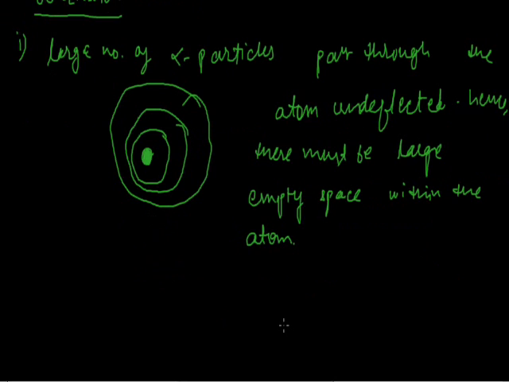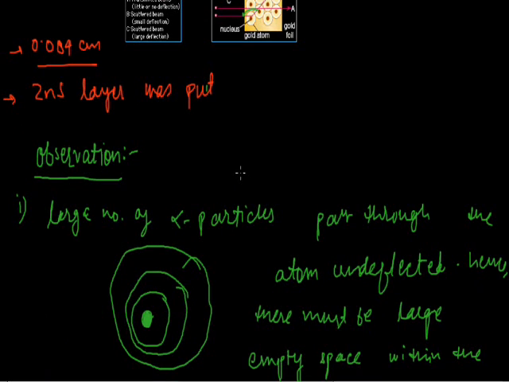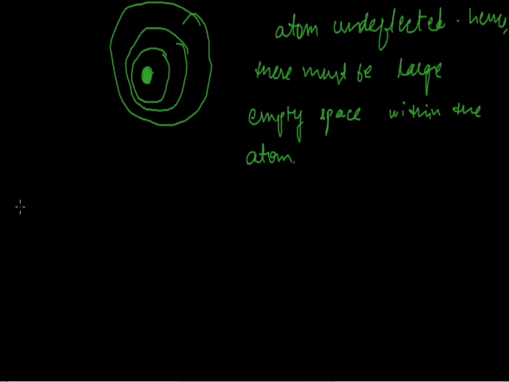Now the second observation we can see here: you can see the ray B is deflected somewhat from the path. So there is some angle between that. Why is this so? You can see here there is some deflection about an angle. As some of the alpha particles of gold are deflected, therefore there must be something massive and positively charged structure present in the atom. The second observation is that some of the alpha particles are deflected